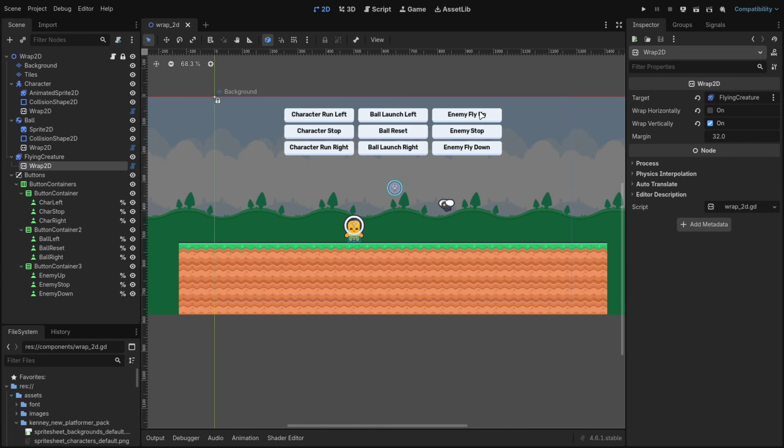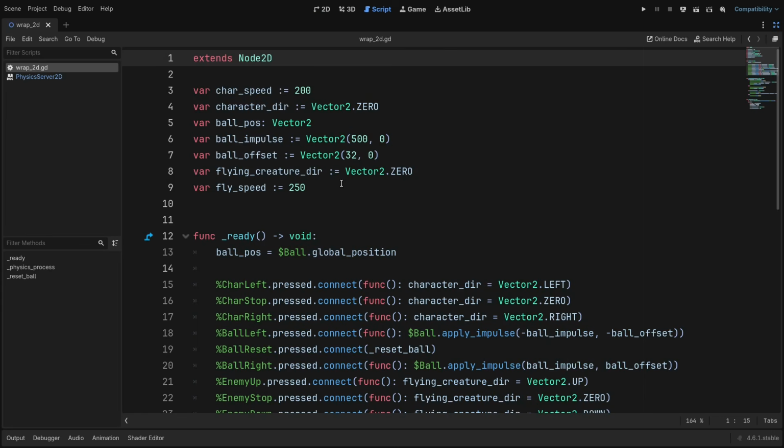And for the enemy, we can make it fly up or down. We have these buttons as scene unique names, and the only script we really need to do is inside the root node itself. Let's take a look at it. First, for testing purposes, we have a bunch of member variables. We have a speed for the character to run with, and we also have the current direction stored as a vector too. For the ball, we have the ball position, which is the starting position of the ball stored, and